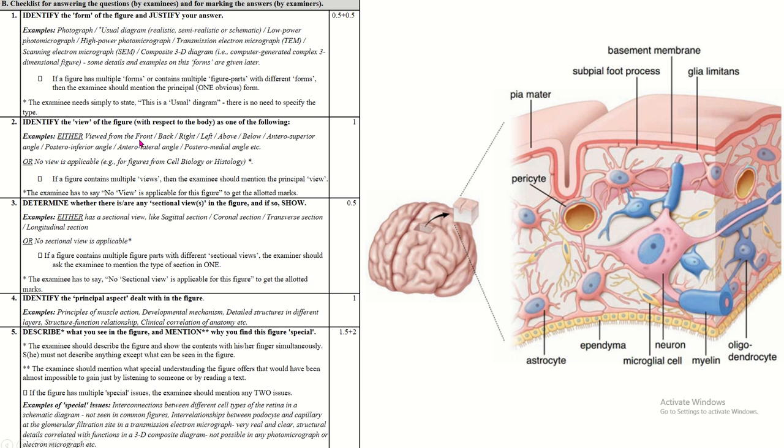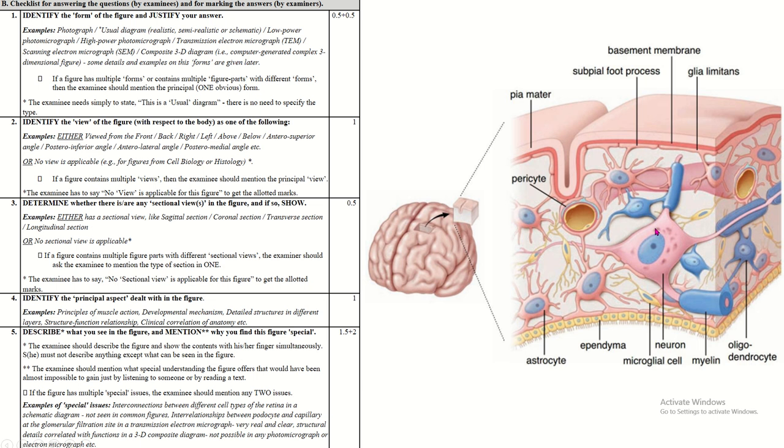It's taken from the front, back, right or left. In this small part of the figure, the anterolateral view is present, but for the figure as a whole no view is applicable. And there is no sectional view present here,